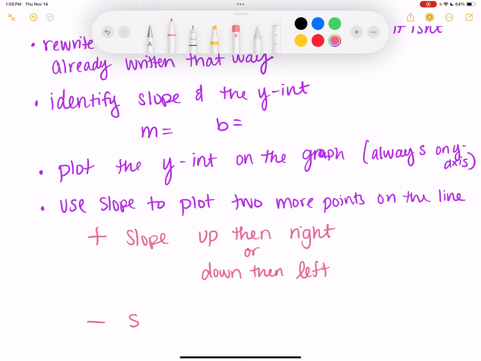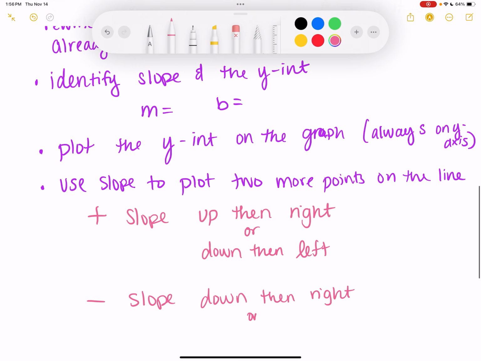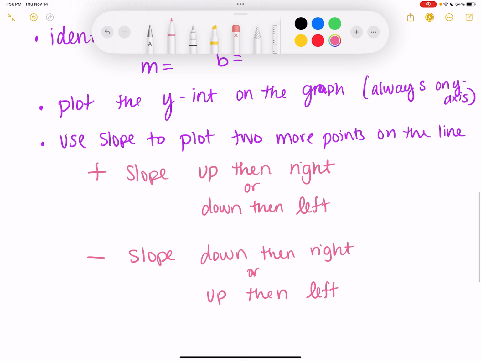A negative slope goes down, then right, or up, then left. Okay, typically the way that I wrote it first is the way that we will go,